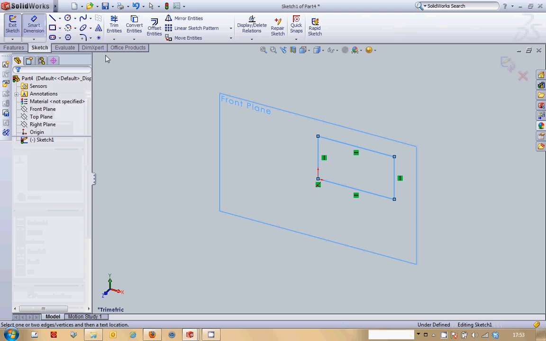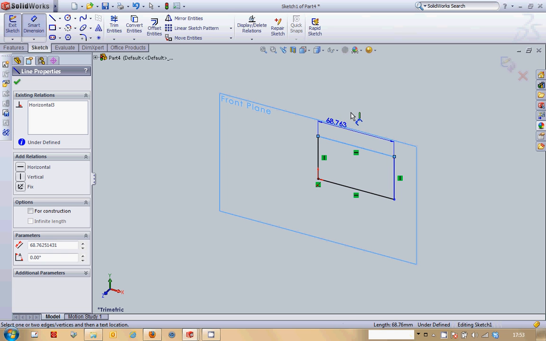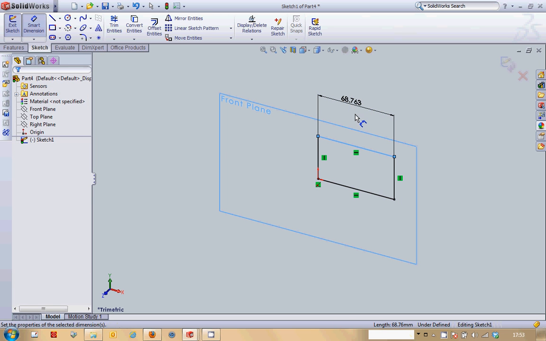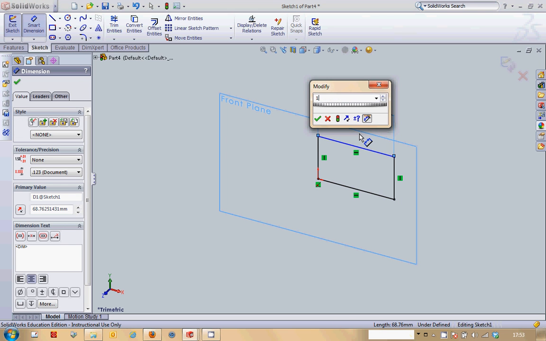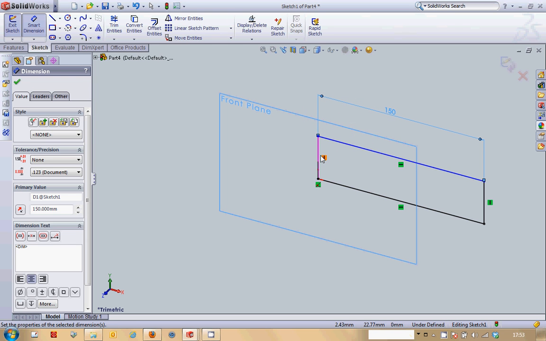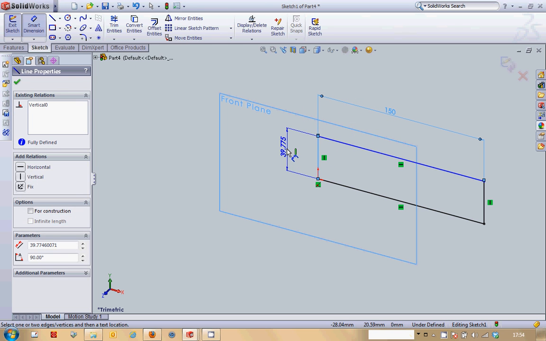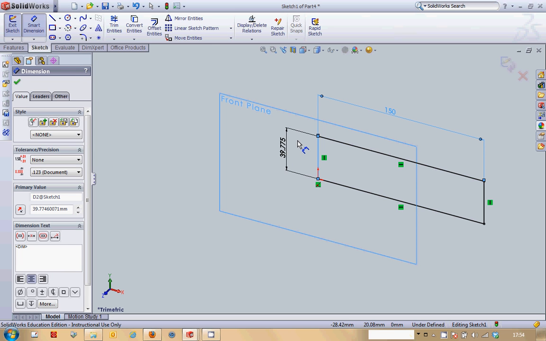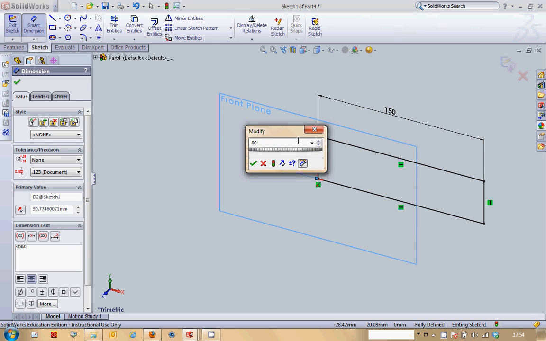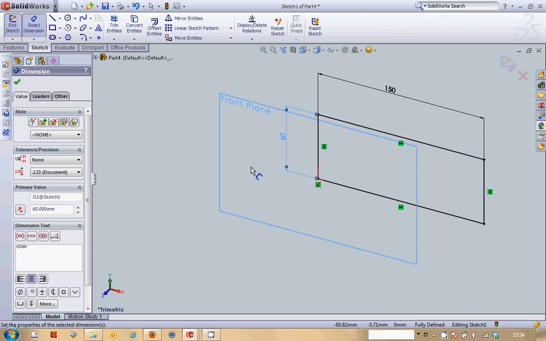Smart dimension, and we're going to make it the same width as our blocks of wood, which is 150, and we're going to make it a little bit taller than the front block. Let's make it 60 millimeters. Now this isn't very easy to see here, so let's change the view again and go normal 2,